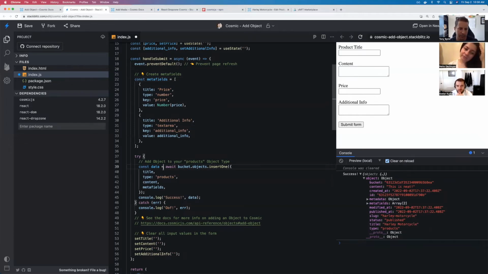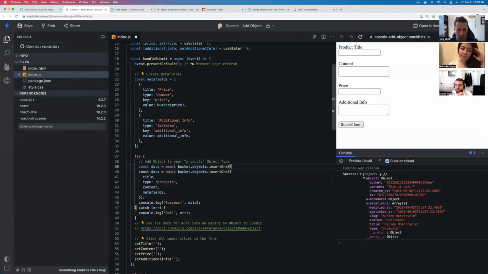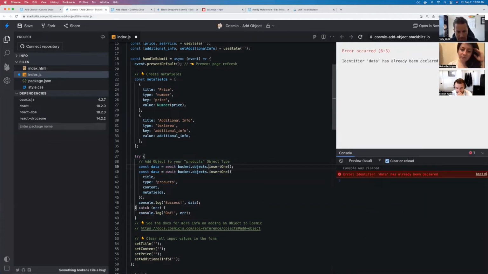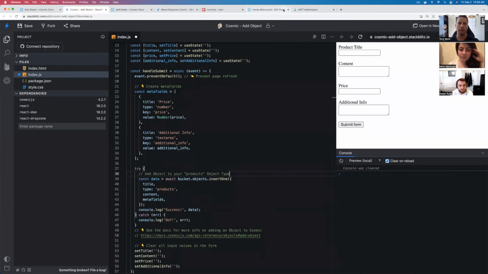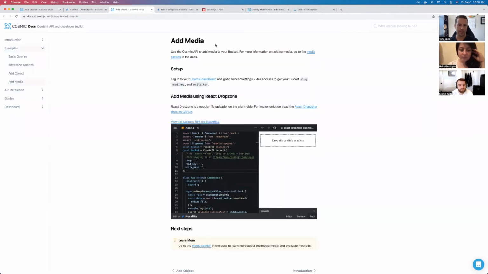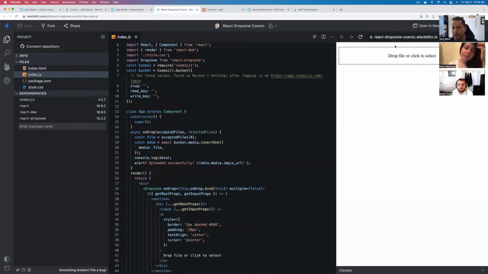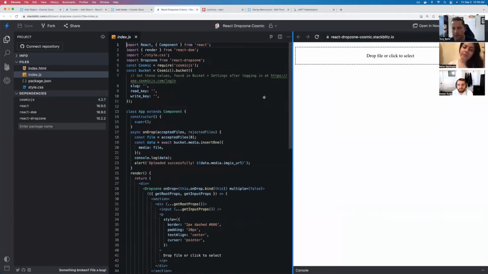So I'll show you a little bit about what that would look like in a pseudo code example. It would be like bucket.media.insert, and then it'll be your media object, and then you'll use that data to add a metafield, right? But for right now, let's go ahead and just show you how you can actually insert that media into your bucket. Okay, so if I go to my StackBlitz example here, notice we've got this really cool